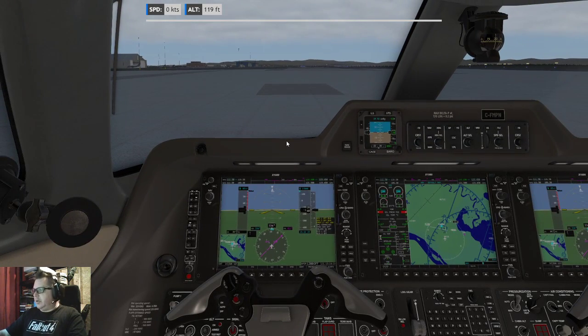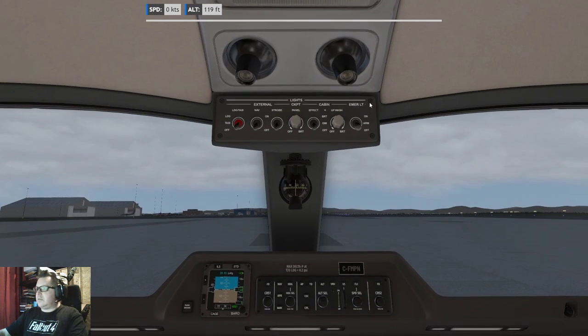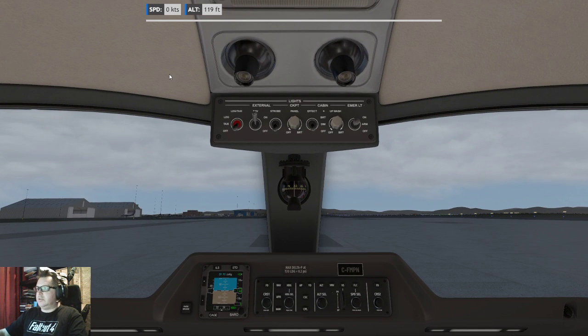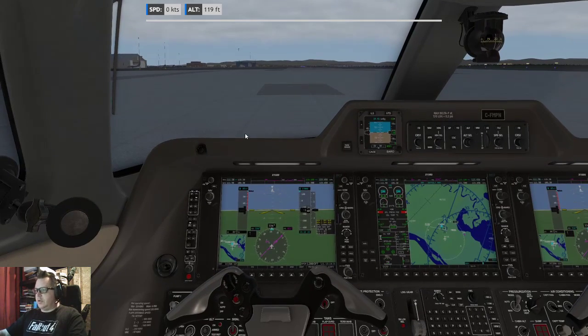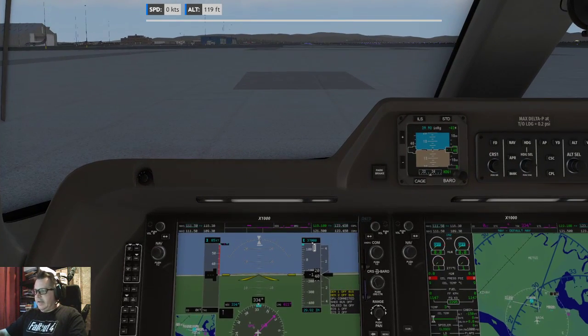All right, now let's get emergency lights on. Let's start doing the planning. We'll be at 39,000 feet. All right. So we'll climb at 230.